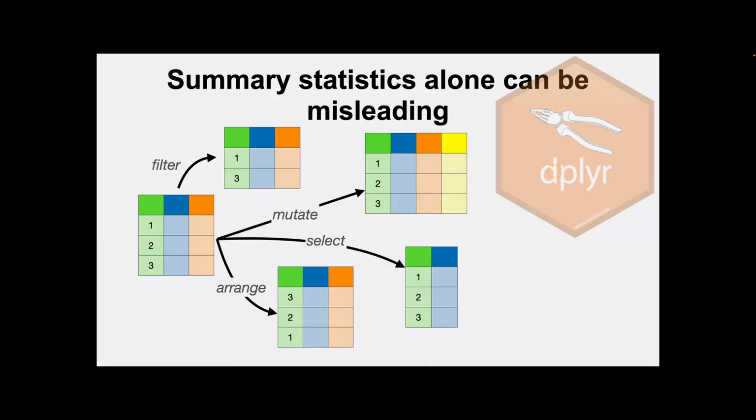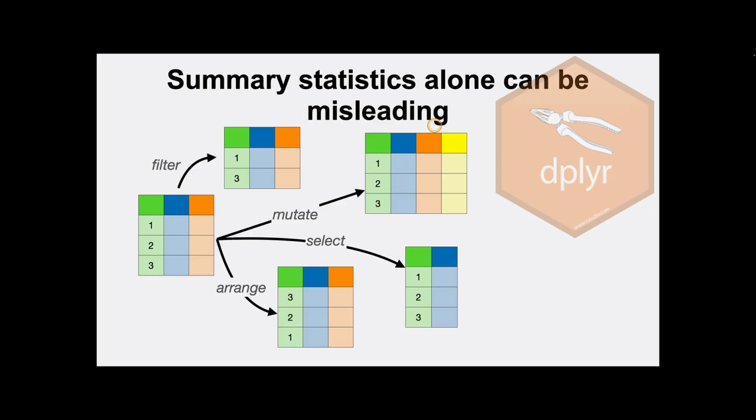Now, in the last module, we spent a lot of time talking about the dplyr package from the tidyverse, and in particular the dplyr verbs like filter, mutate, select, and arrange, and how these functions give you a tremendous amount of control over even very, very large spreadsheet-like data sets. And one of the advantages of dplyr is that it makes it very easy for you to summarize even very large data sets and add summary statistics to those data. But I want to caution you that if you're only using dplyr and you're only working with data in a spreadsheet form and visualizing it in these tables or tibbles in the tidyverse, even with summary statistics, that view can